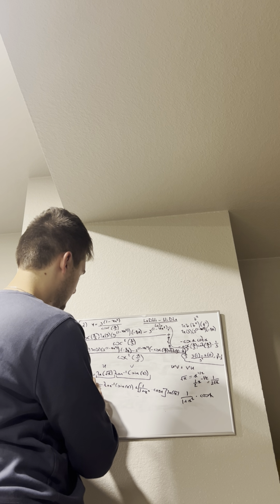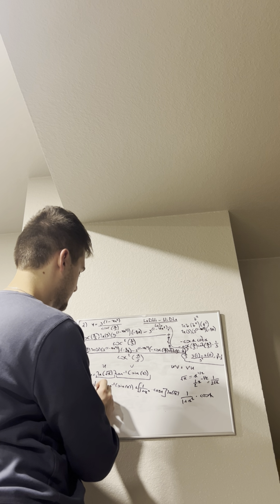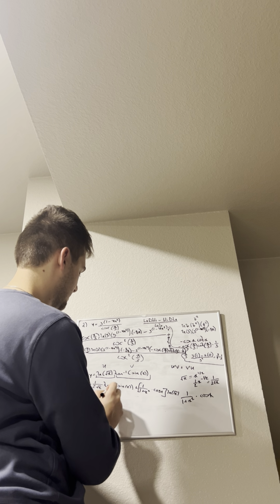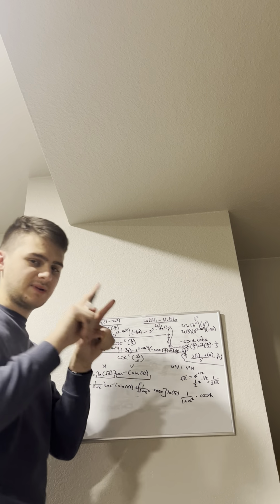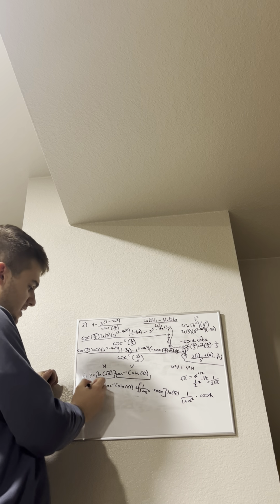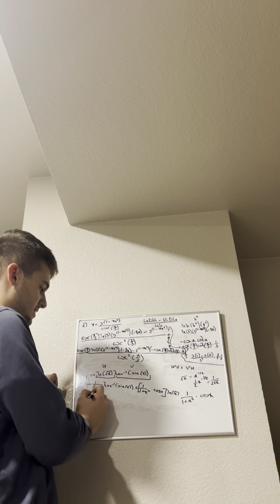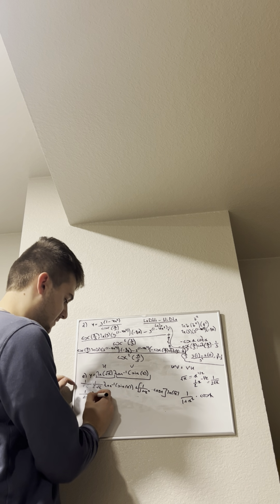So square root of x times square root of x is square root of x to the power of 2, because you're adding the powers together. In that case, it cancels out the square root, so it would just be x. So it would be 1 over 2x times tan inverse